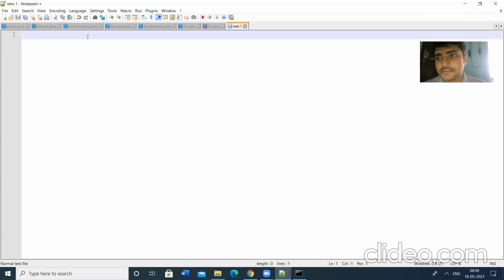So here the concept is to implement reusability. That means if you have two classes, each class has its own class members. Class members are nothing but variables or methods declared in the main class.